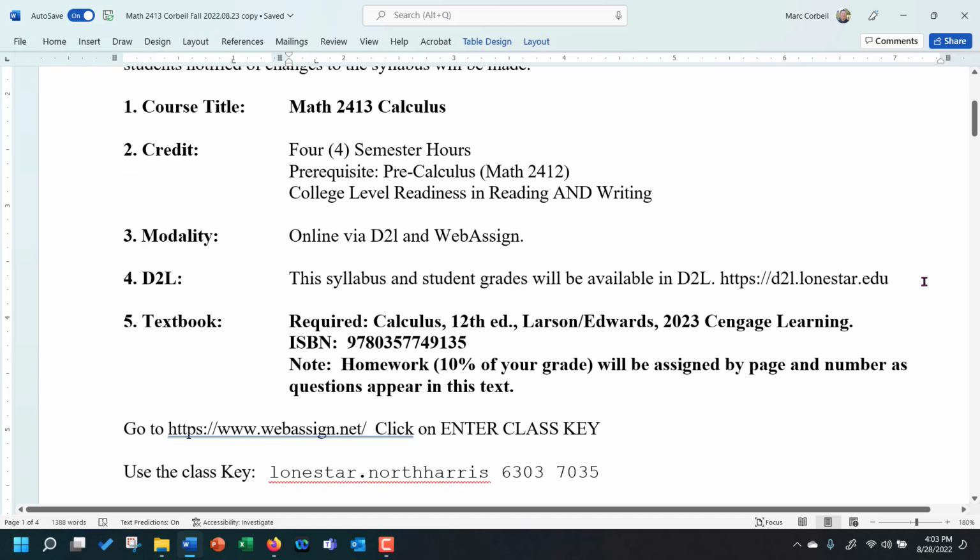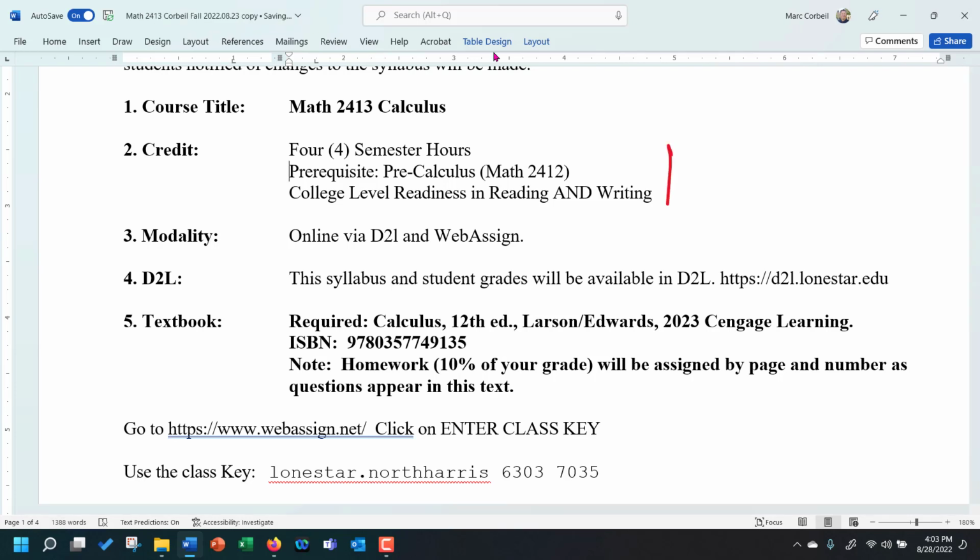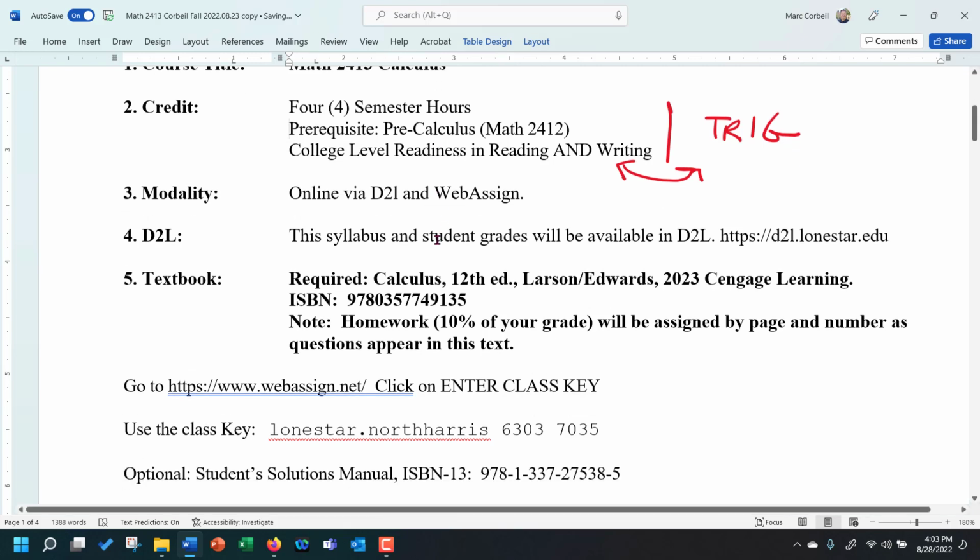Back on the course here, one of the things you need to realize is you should have pre-calculus as a prerequisite, and you should also have a strong course in trig before this class. If you don't have either of those two, you really do need to contact me by email or make an appointment. We'll talk in WebEx because you're going to have a hard time in the class if you don't have a good basis in either pre-cal and trig. Both of those courses are required at North Harris. So I'm expecting that you know your trig really well and you know your pre-calculus really well. So hopefully that's the case.